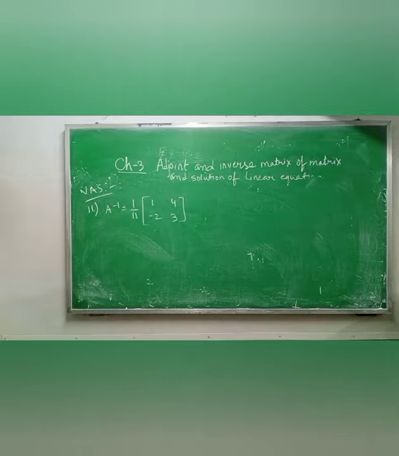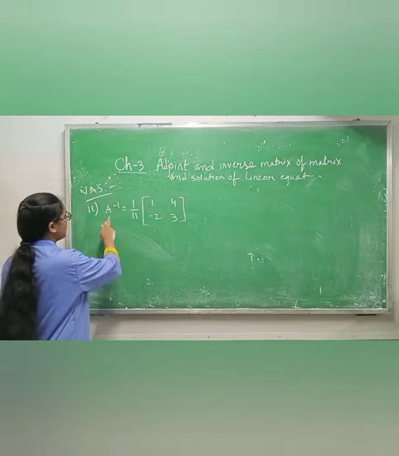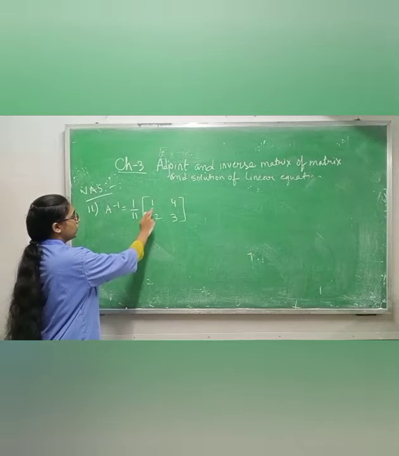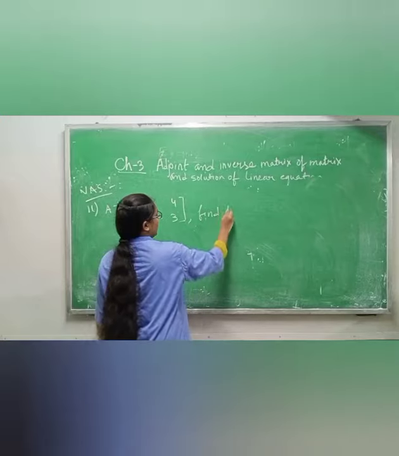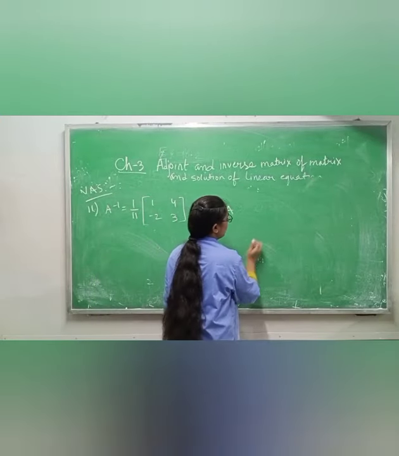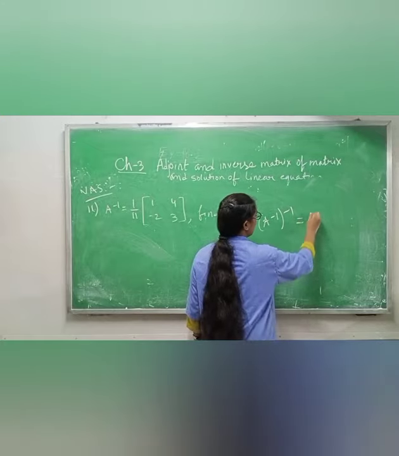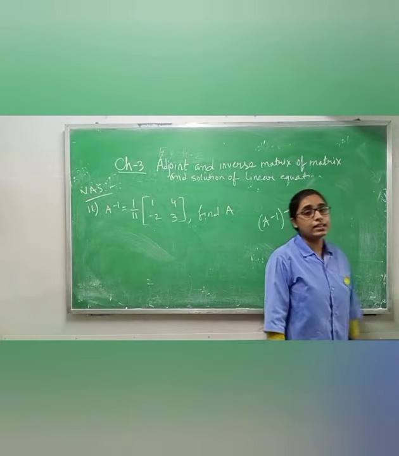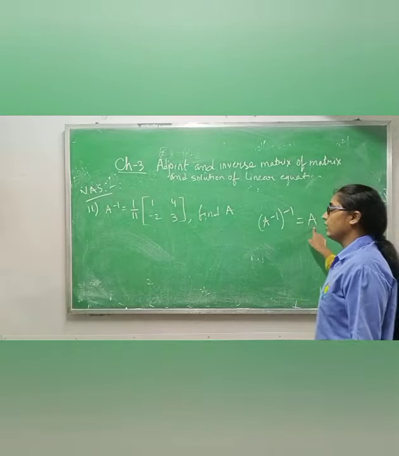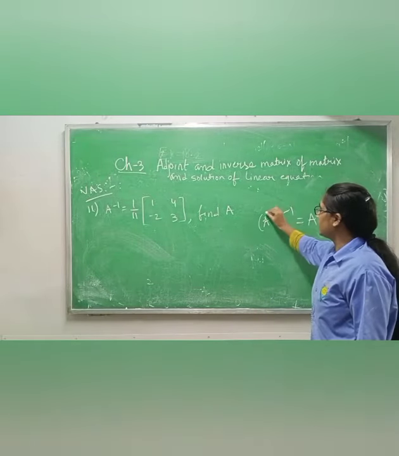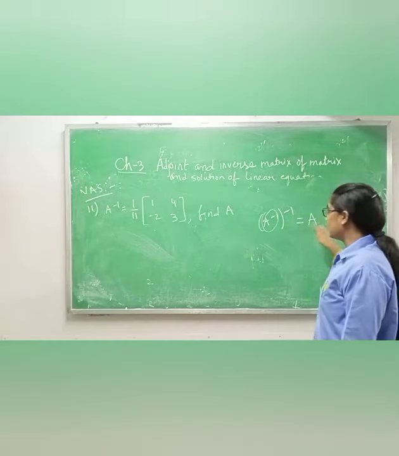Now class 12, see, a very short answer question. Question number 11: if A inverse equals 1 by 11, 1, 4, minus 2, then find A. Okay. As we know, A inverse, then again inverse will give you A only. It means that when we take the inverse two times, we will get A. So this one is given to you, and you have to find one more inverse of it so that you will get A.